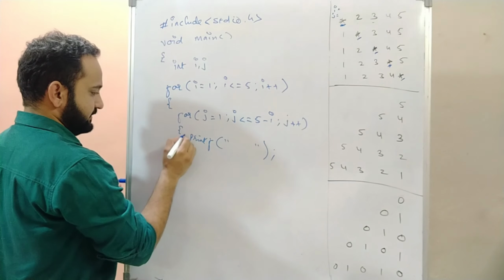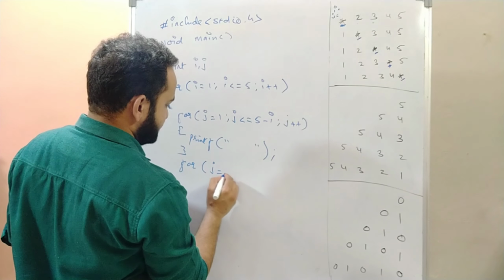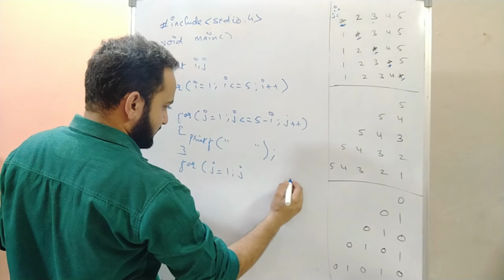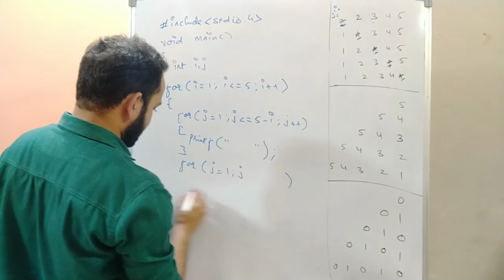And you will have one more for loop for printing now. For j equals 1, we'll talk about this for loop, and inside it you are printing something, right? We'll talk about what we have to print also. And outside this you have to leave one line, printf \n, outer for loop closes, my main method closes.